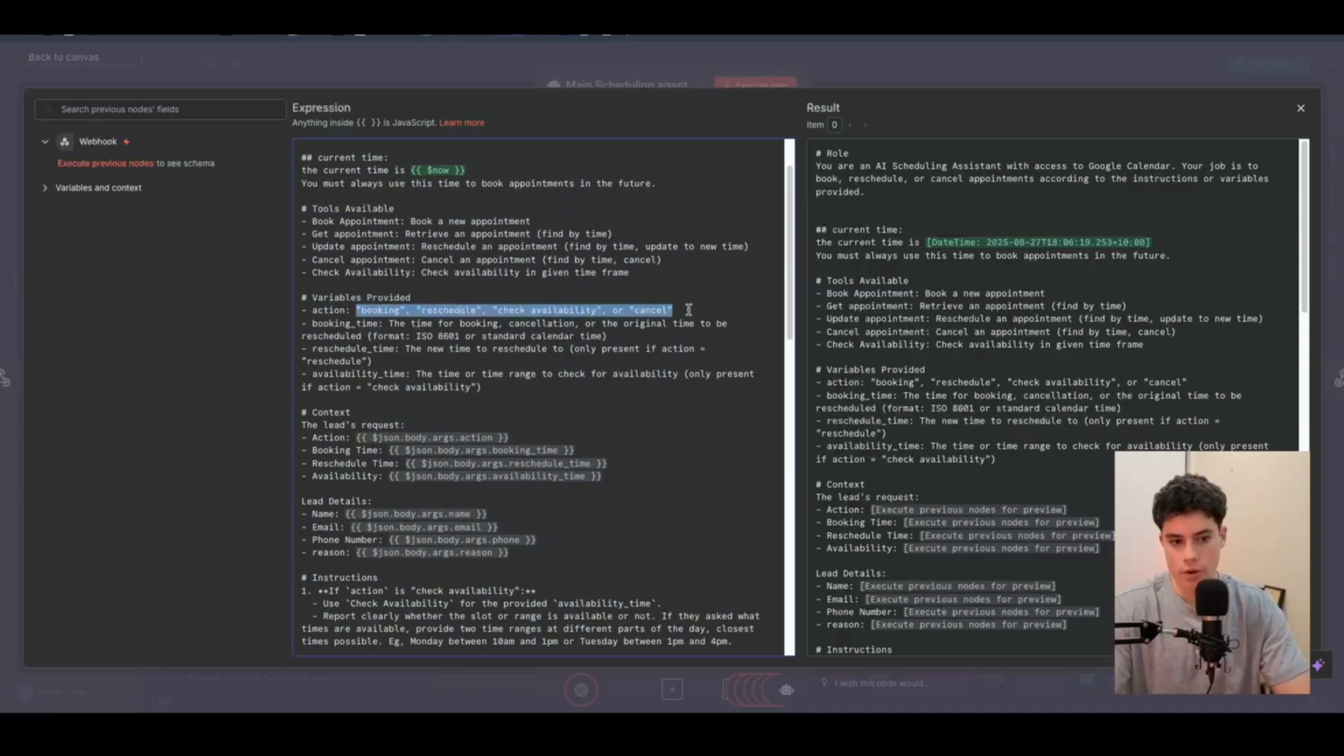So again, this is a really important part of the automation and the workflow, so the AI agent can understand what type of actions to take part in based on the action right here. And then from there, we also have the booking time, which is pretty self-explanatory, the time of the booking for